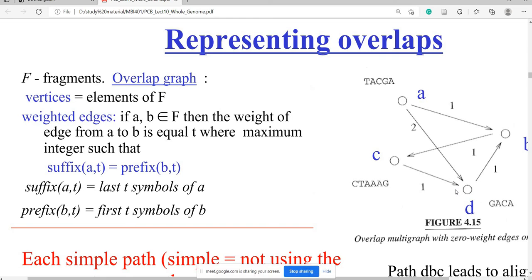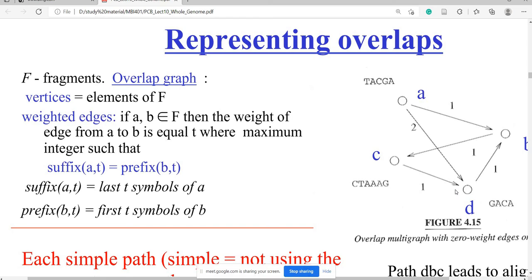For T, what have they taken? The last T symbols of A and the first T symbols of B. Sometimes we have to take the prefix, sometimes the suffix, so these are two cases.